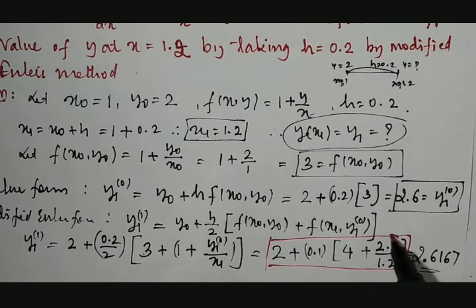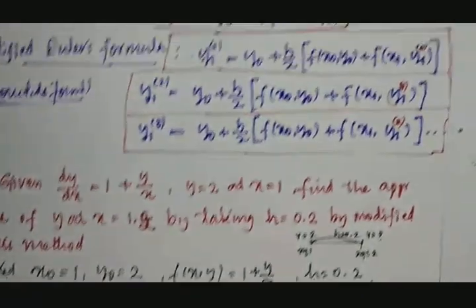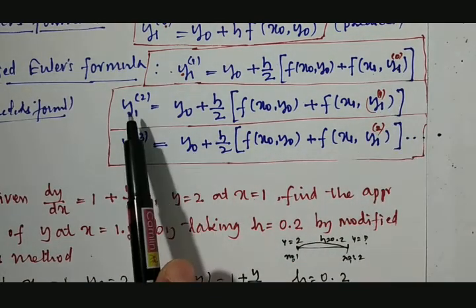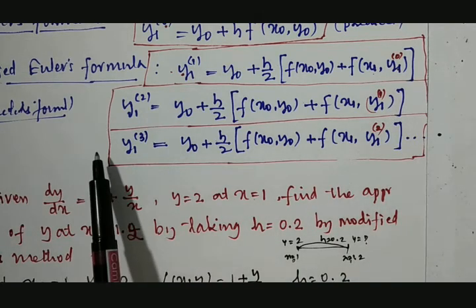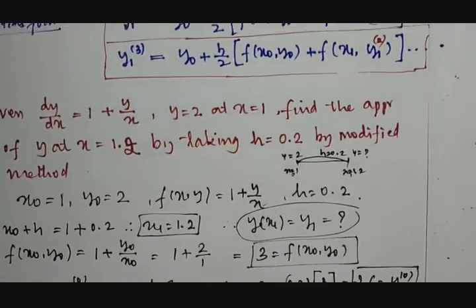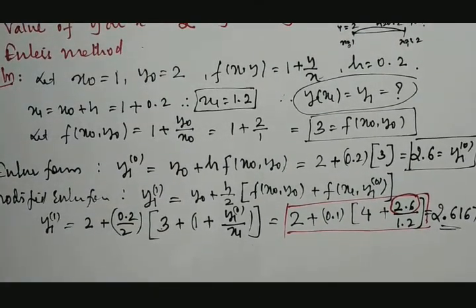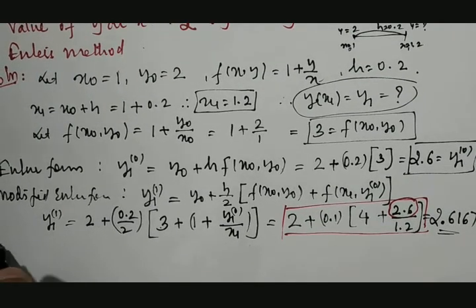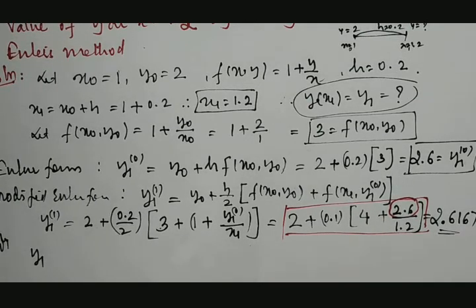This is the first approximate value, and I'll be using this step as a reference step. Here we can see this result 2.6 represents the initial value of y1. Next onwards, you can see the formulas which we have already discussed. To obtain the second approximation, the initial value of y1 will be replaced by the first value of y1. In the third, the first approximation of y1 will be replaced by the second approximation of y1. Just by replacing only this value, we can obtain the next result.